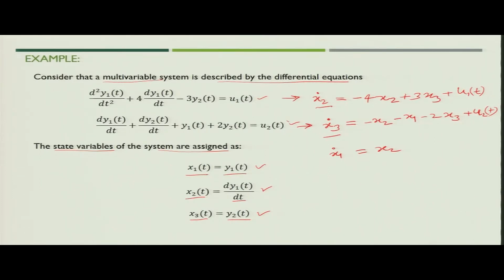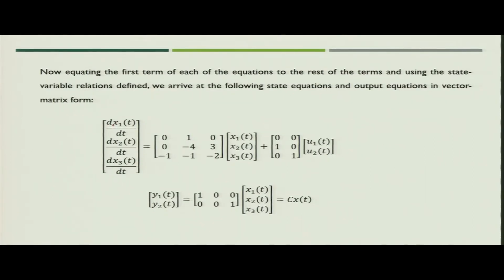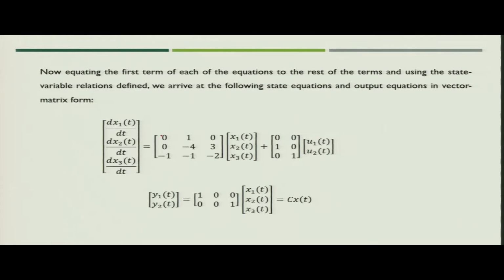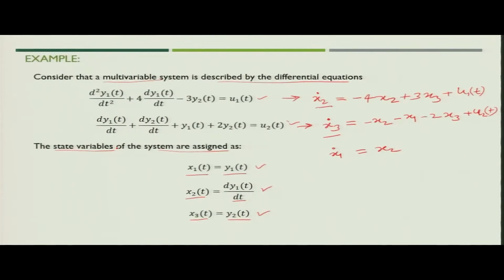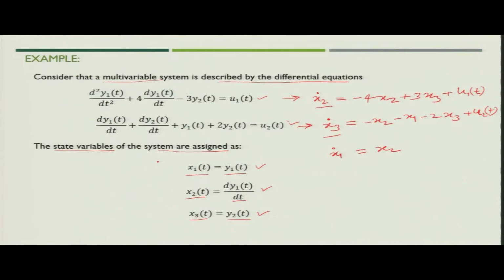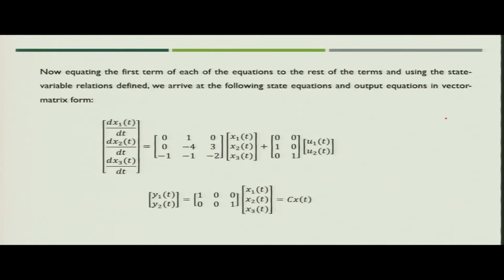If you compile it into the matrix form, what you can write? So, that is x1 dot, x2 dot and x3 dot equal to, if you take the coefficients using these three equations. So, for x1 dot you can write 0 1 0 because only x2 is the component. For x2 dot you can write minus 4 x2 plus 3 x3. So, you will get minus 4 and 3 as an output. Similarly, for x3 you will get minus x1 minus x2 minus 2 x3. So, this will become minus 1 minus 2 as the coefficients of the matrix, and x1 x2 x3 is the